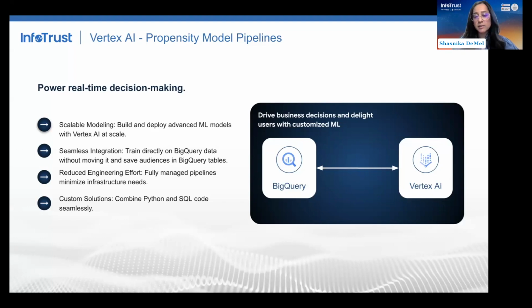And not only a much more customized model, but also pipelines that are tailored to your business needs. So this includes making sure that you are creating pipelines to be able to ingest data from different types of data sources, and also making sure that you're creating pipelines to be able to send the data, the insights, or the audiences to the required platforms.